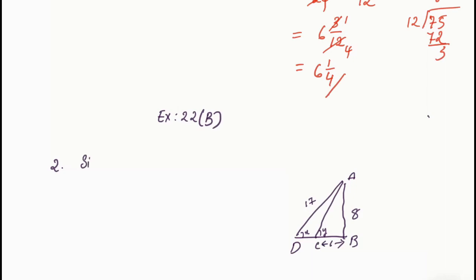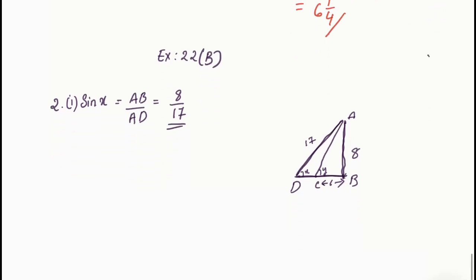They have asked you to find out the value of sin x first. First sub question is sin x. So in order to find out sin x, what do you need? You need perpendicular by hypotenuse. In order to find out sin x, you will be using this triangle. Which triangle? From our noted figure, it is triangle ADB. So from triangle ADB, sin x will be equal to AB by AD. It's direct, you can find out. So you have 8 by 17.